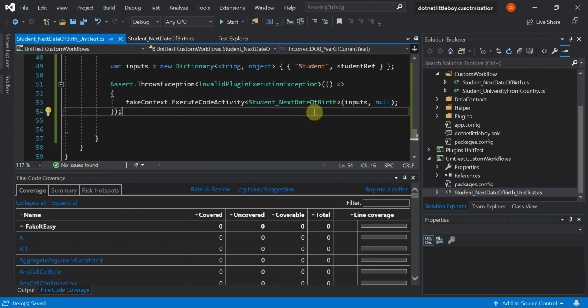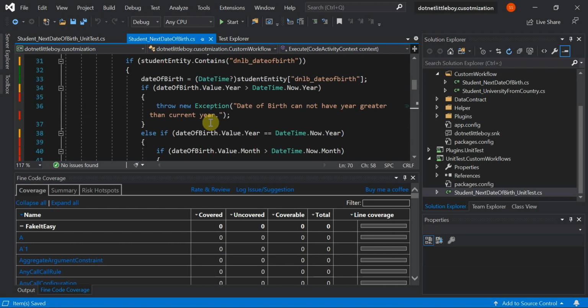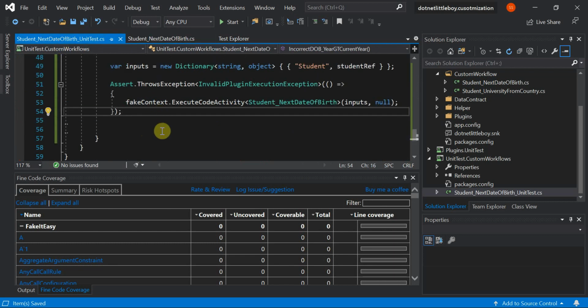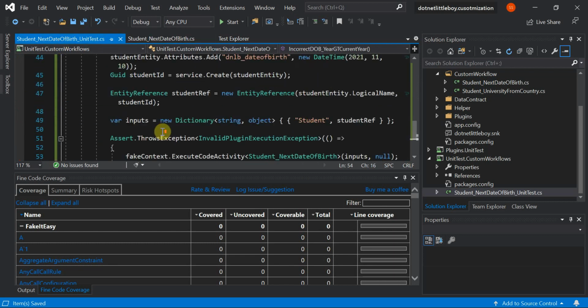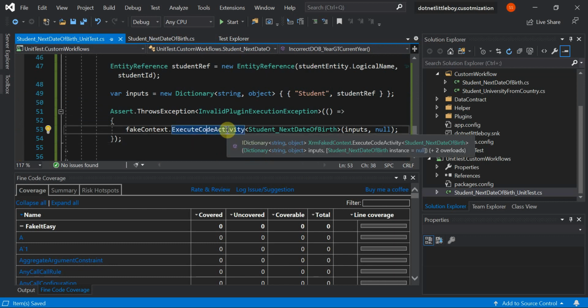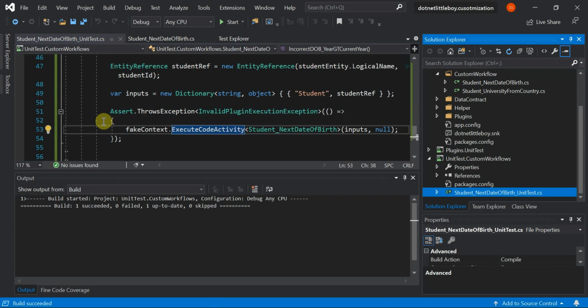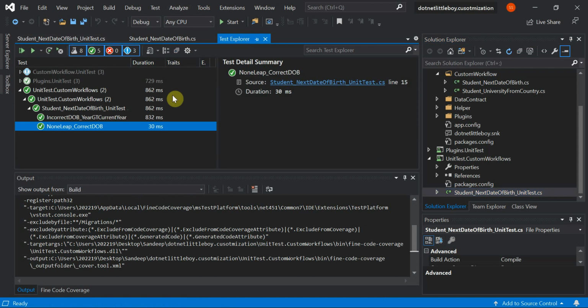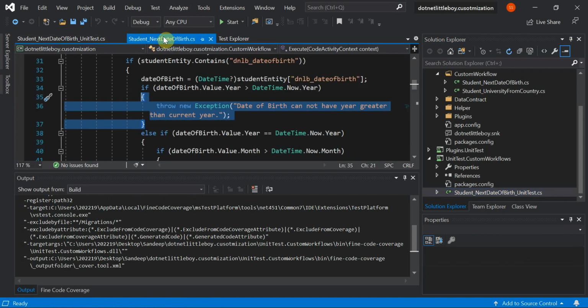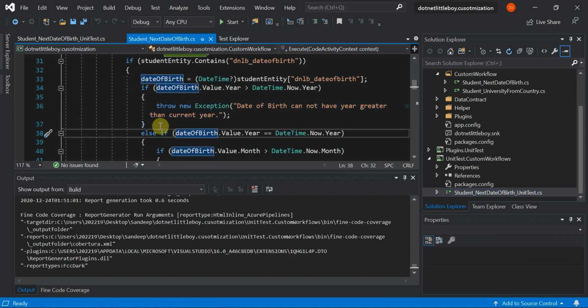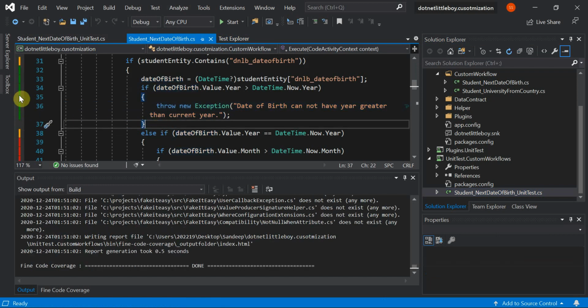Okay, so once this is executed, you will see this piece of code will be covered here. Currently it is red marked, so later on it will be covered with green. So this part of the unit test case we have also covered. So I'm going to execute now. You can see the exception has been thrown and the data has been validated, and when you see the code coverage, it should now be marked as green. Yeah, it has been marked as green.